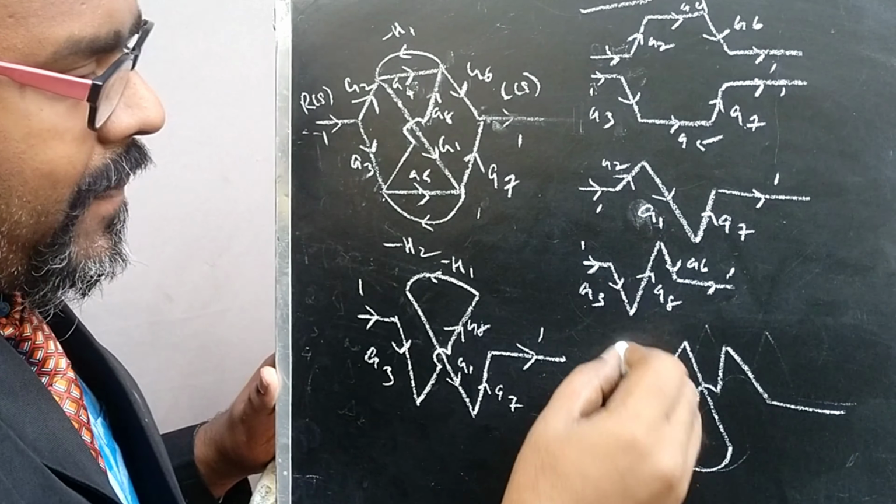step 4. Step 4 is nothing but we need to calculate the value of the determinant. So what is the formula for the determinant? That is 1 minus the sum of individual loop gains plus the sum of pairs of non-touching loop gains. Here there are no 3 pairs, so just hold this formula. Then you need the sum of individual loop gains. We have the individual loop gains P11 plus P12 plus P13. Here we have only one pair of non-touching loops, so P21. Just hold this.